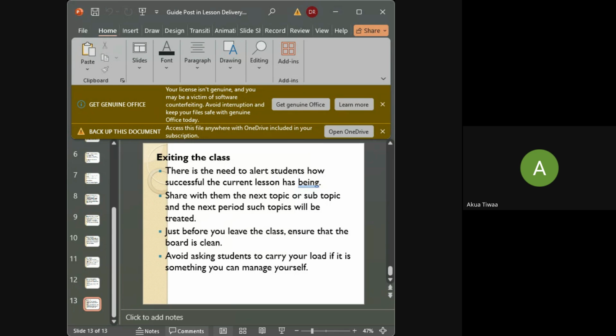Any question or contribution? So, madam, in a situation where maybe during your delivery, they rang the bell for change of lesson, but you have not finished, and another teacher too is coming. Do you have to clean the board while the children are still copying, or what? What do you think, class?